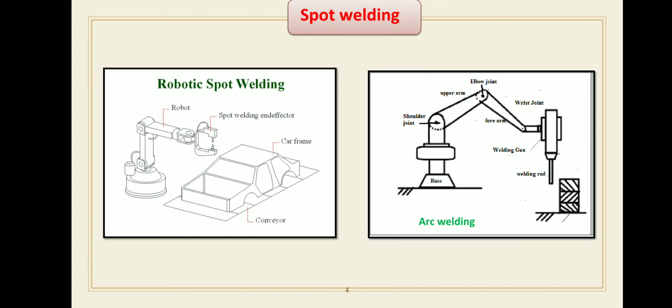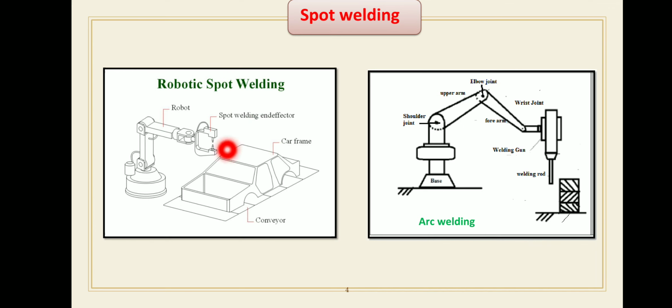And the robot controller memory must have enough capacity to accomplish the different positions. Another thing is that the robot must switch easily from one program to another program when the welding model gets changed.